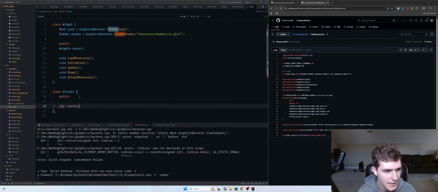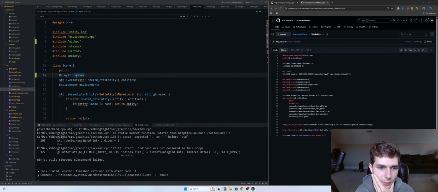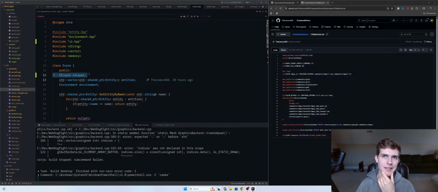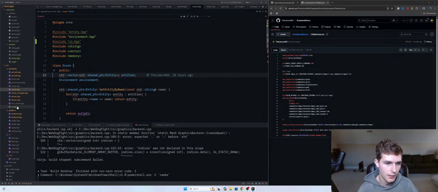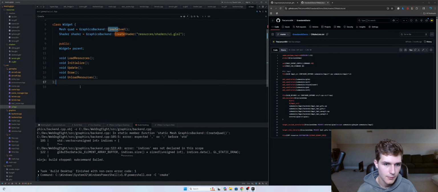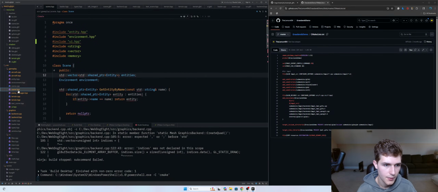Actually, do we need a UI layer, or can we literally just manage this from inside the scene? If we're in the scene and we have a UI layer, we're already just handling entities this way. Why would we need a UI layer? We aren't doing any post-processing on all the UI. UIs are just widgets that exist in a different space. They behave the same as entities in that regard. Okay, we won't add a UI layer just yet. We don't need that. And in the scene,